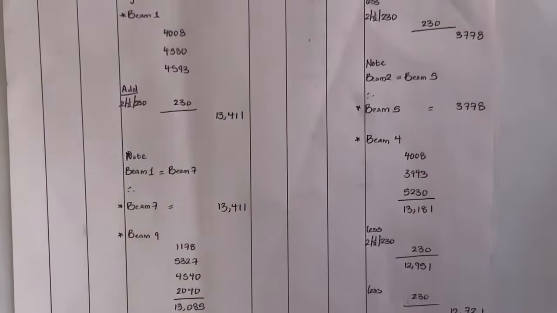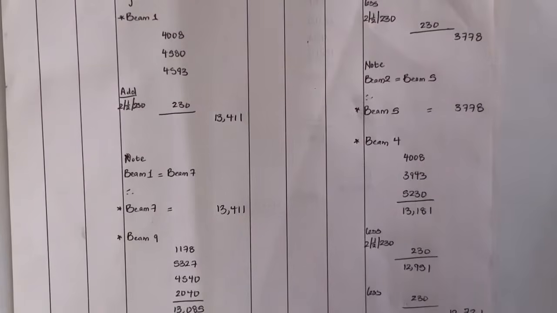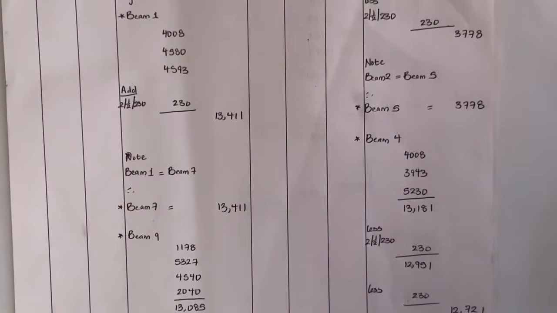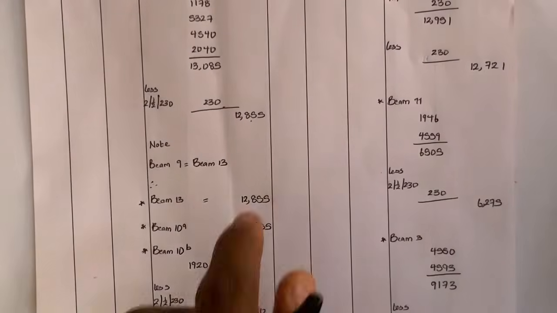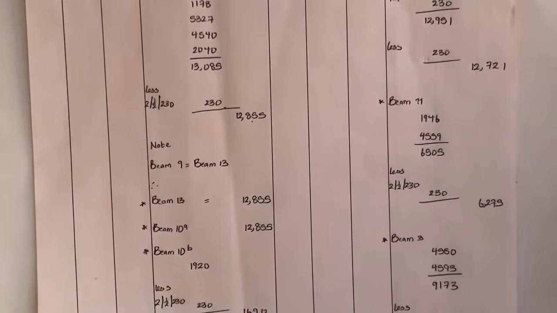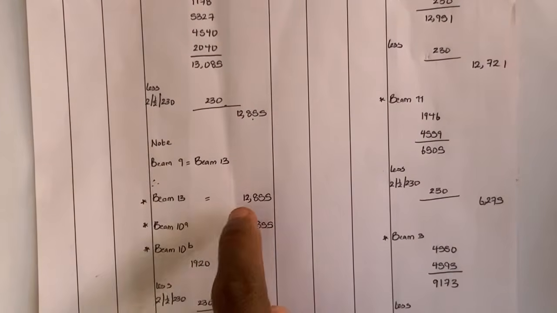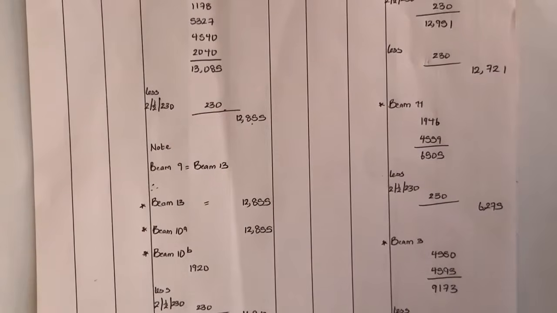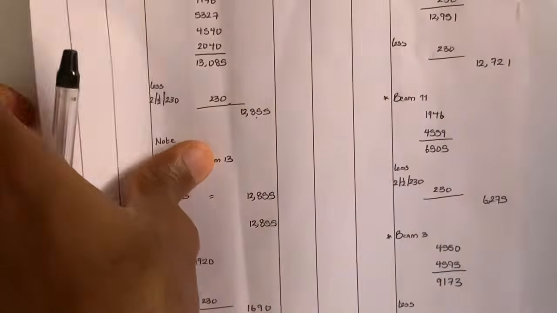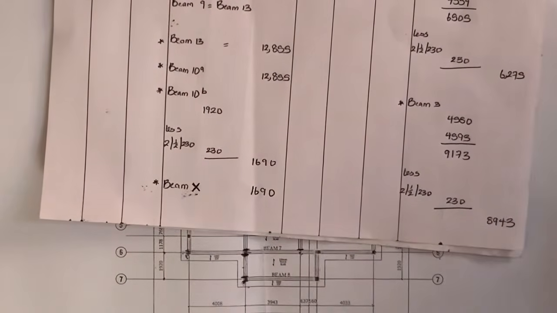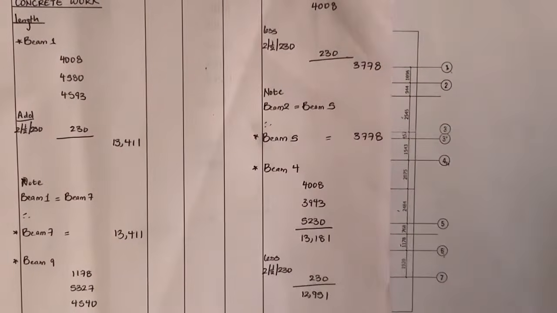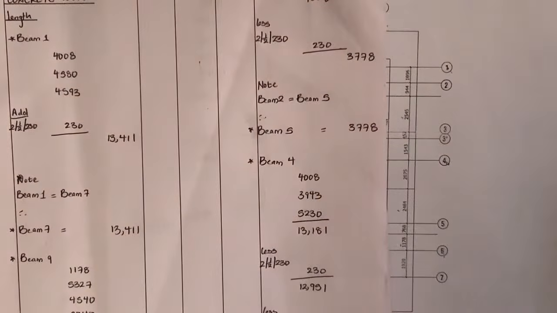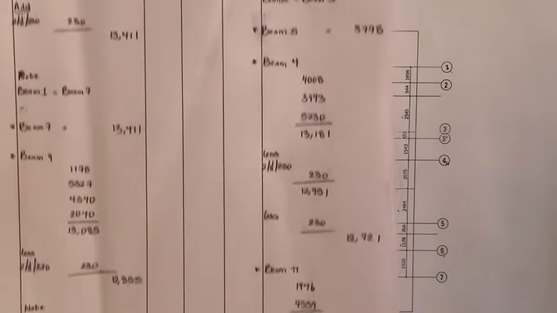So 13,411 plus 13,411 plus 12,855 plus 12,855 plus 12,855 plus 1,619 plus 1,619 plus 3,778 plus 3,778